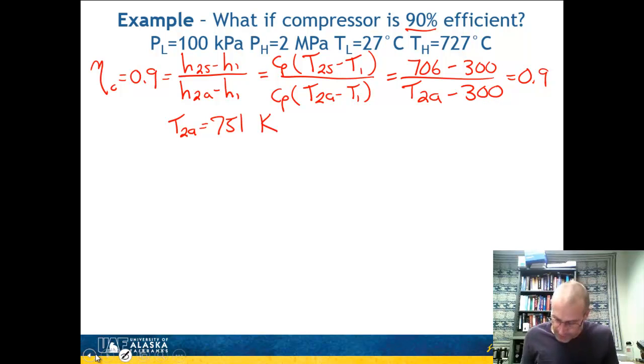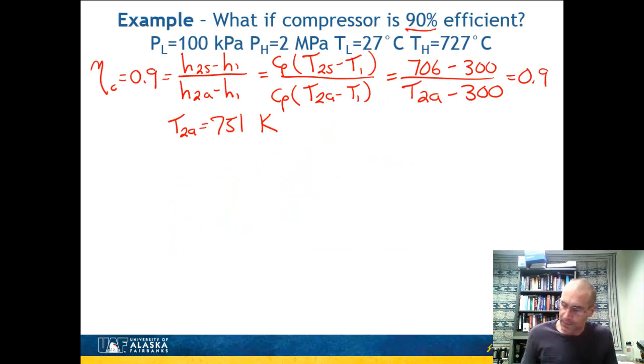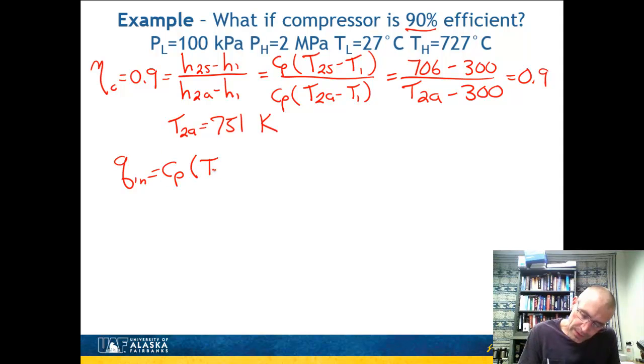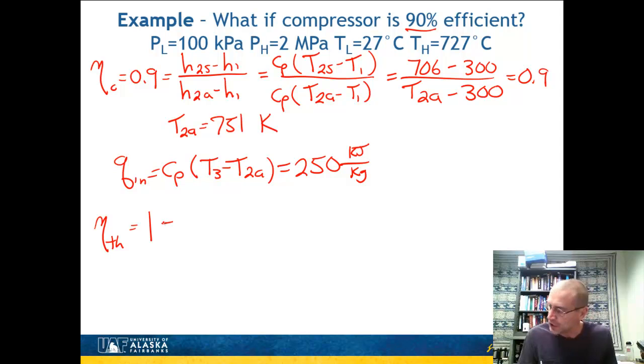So now if I look, this is going to be changing my Q in. So here's my Q in step right there. It's changing Q in because I'm actually going to be adding a little bit less heat in that step right there. So Q in is going to end up being equal to Cp (T3 minus T2 actual), and that comes out to about 250 kilojoules per kilogram. And so now let's go ahead and get our new thermal efficiency, 1 minus Q out,